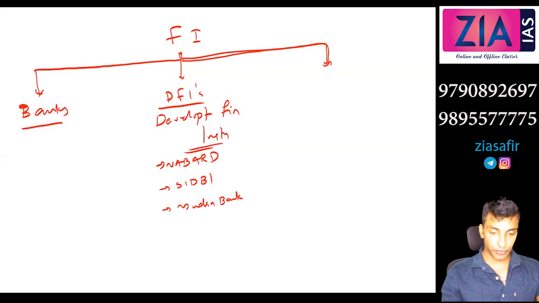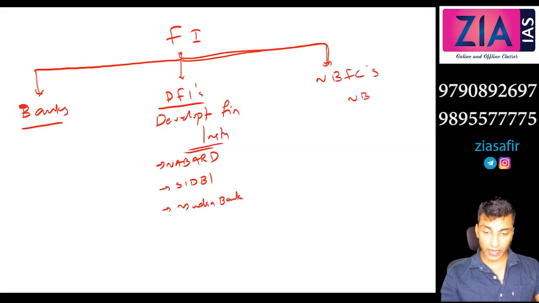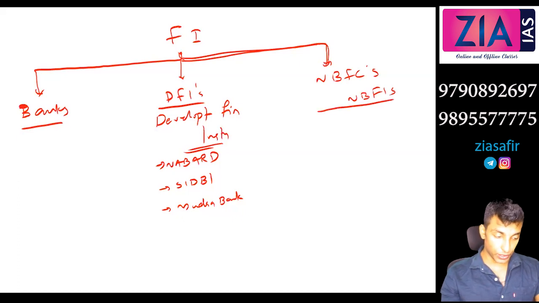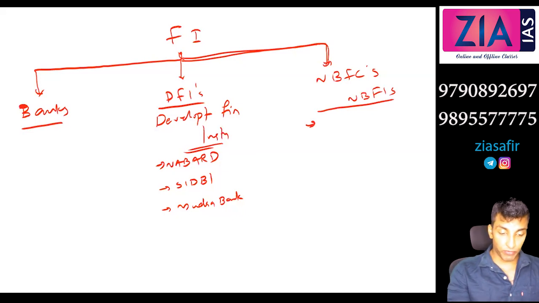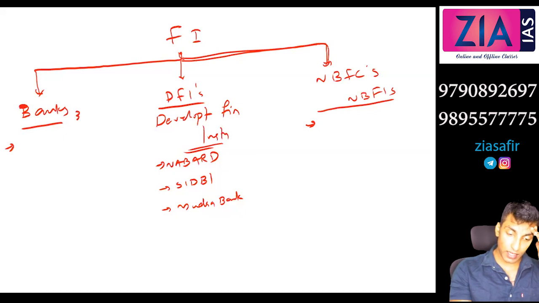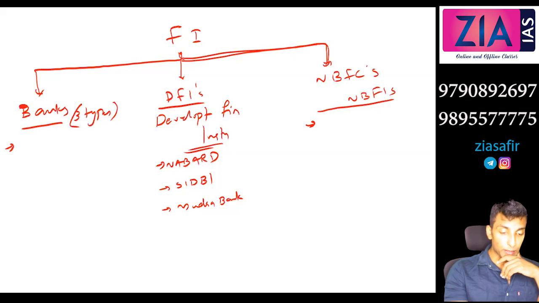Banks covered, DFIs covered. Now the NBFCs, non-banking financial companies, or non-banking financial institutions. So when we discuss banks, there are three main types of banks. We will discuss these three types in detail. The main types are